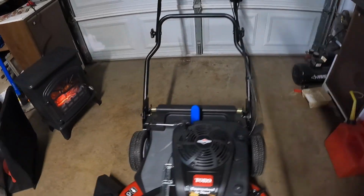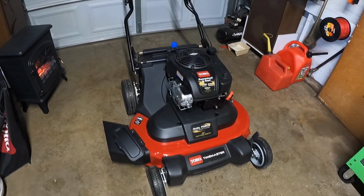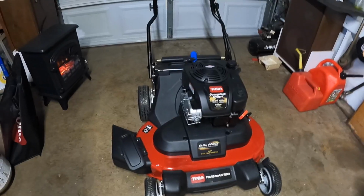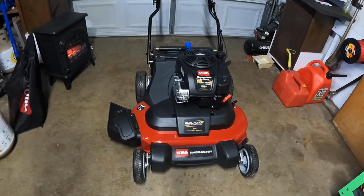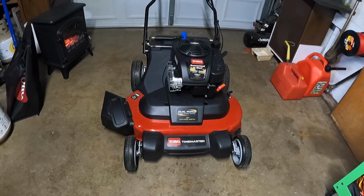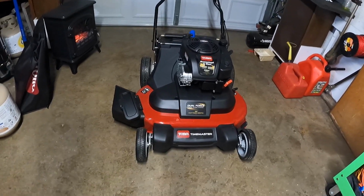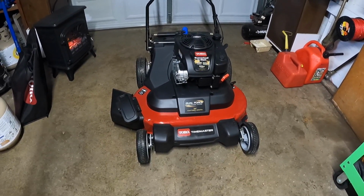So if you guys are interested in this mower, I highly recommend getting it. I know I haven't used it yet, but I can say the least, I've seen so many reviews on this mower. People love it. People are using this mower for commercial use, and this is a residential 30-inch Toro. But the commercial one is way heavier, and it's harder to turn, I hear,